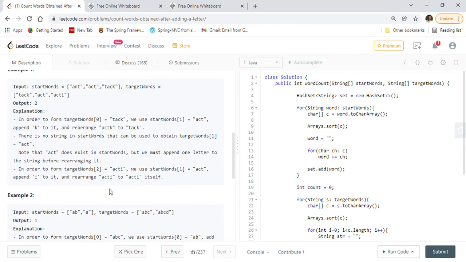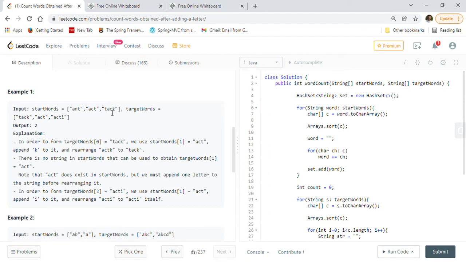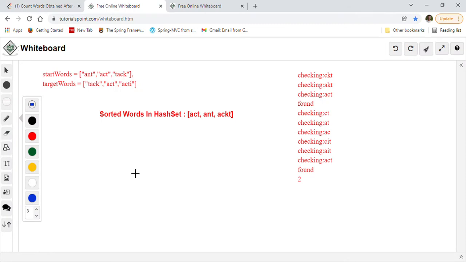So let's take this first example. Start words are ant, act, tag, and in the target words we have given tack, act and acti. So let's take this example on the whiteboard. This is the first example they have given us. First let's just visually solve this problem, and then we will develop our algorithm to solve this using Java. So basically the problem is that we have to take, for example, this word,